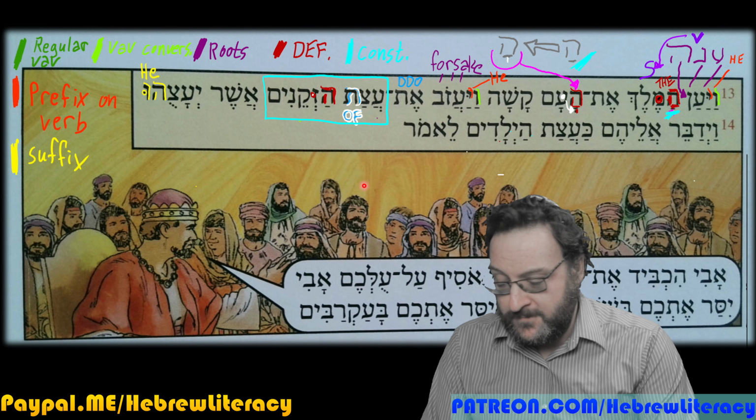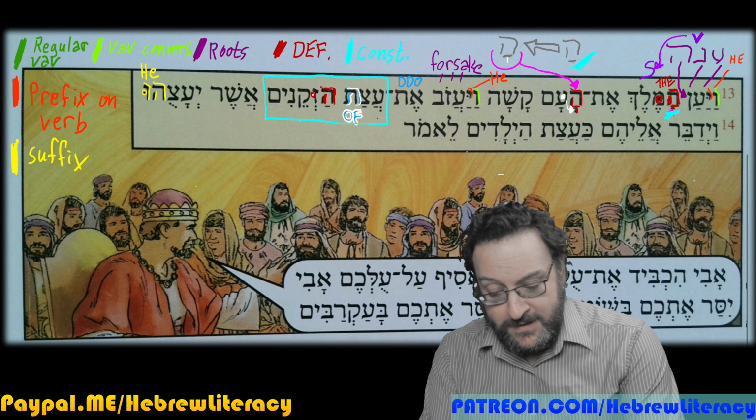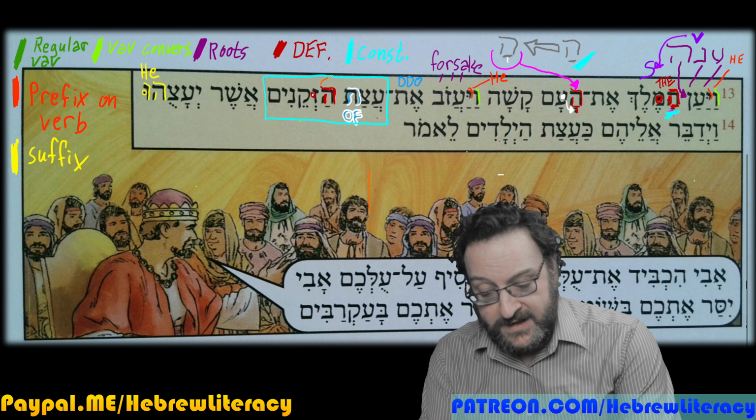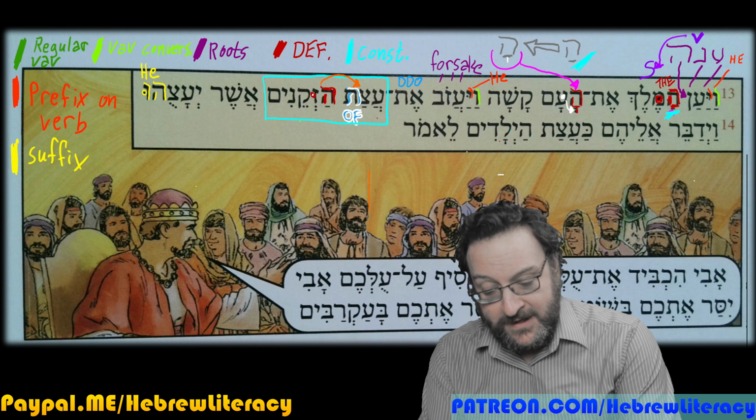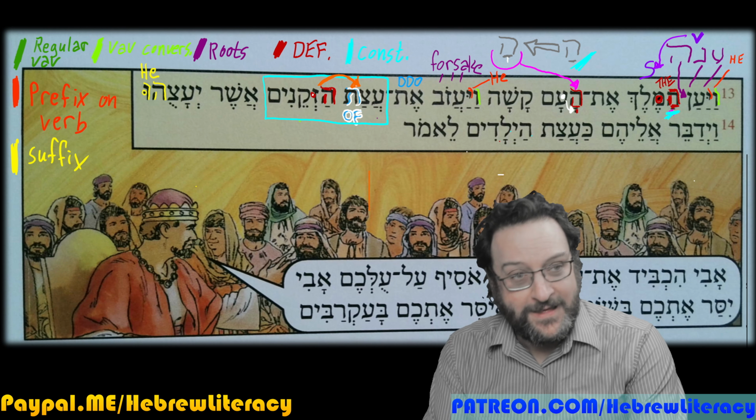Remember, this is just something, I'm not sure if I'll put this in the legend or not, but I like to use this kind of amber color when I'm showing the definite article in a construct chain, the definiteness being transmuted. I don't think maybe you just learn that. I'm not sure how to write that with one or fewer words.